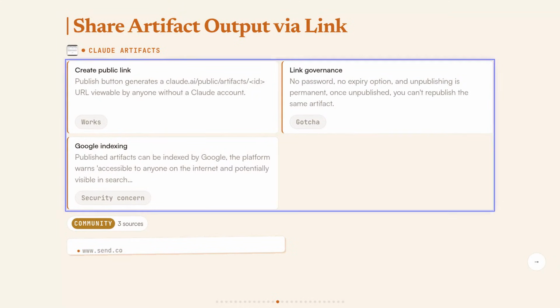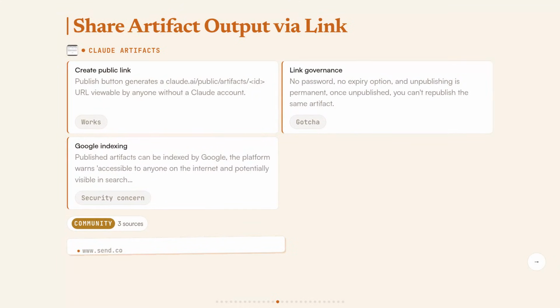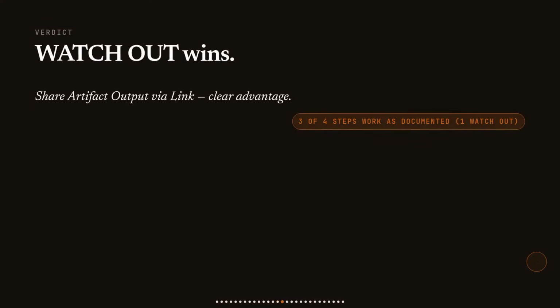Unpublishing is your only lever, and once you pull it, it's gone for good. Watch out on this one. The link sharing works, but the lack of expiry and Google indexing make it a real risk for sensitive content. Only publish artifacts with data you'd be comfortable seeing in a Google search result, and go in knowing that unpublishing